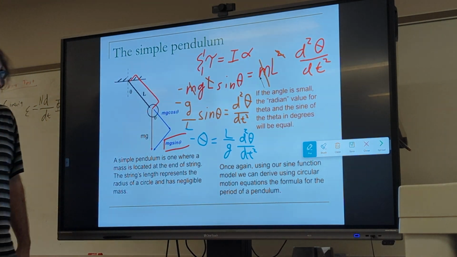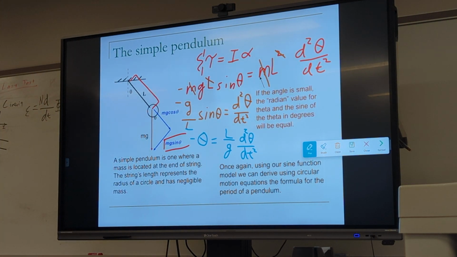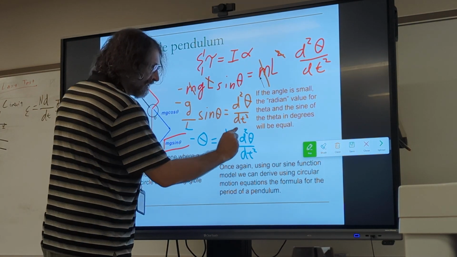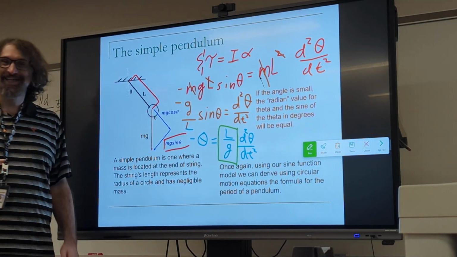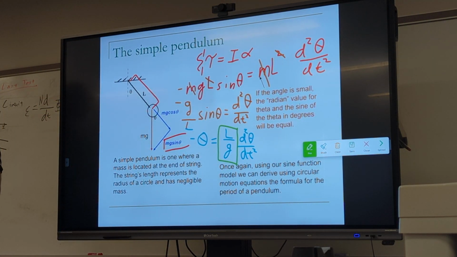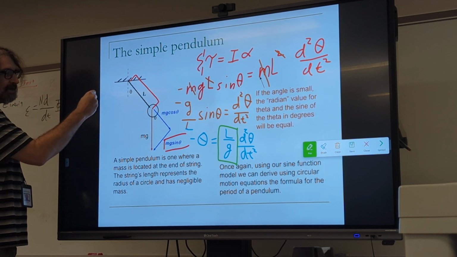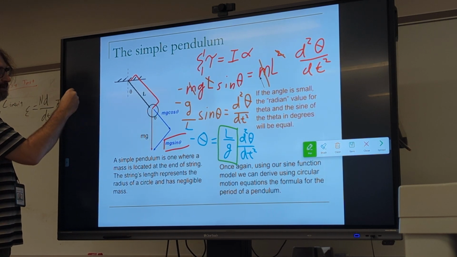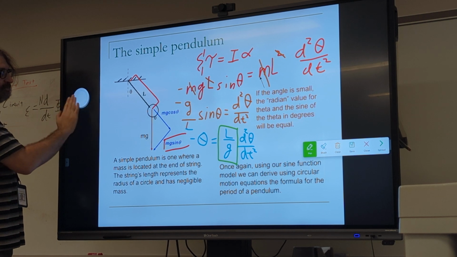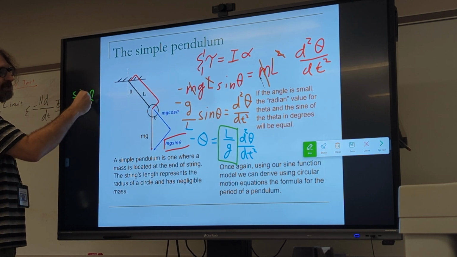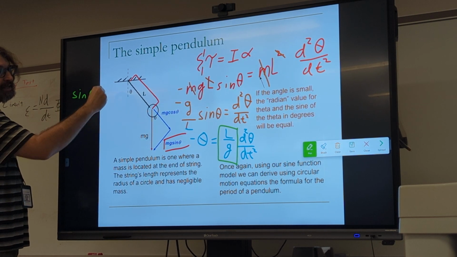Oh, yay. Hey, wait a second. Does that look like what we just talked about? What's in the box? The box is omega squared. Now you're probably wondering, why can I do that, Mr. Seals? Because in math, our terms for sine are approximately our first term, which is theta,